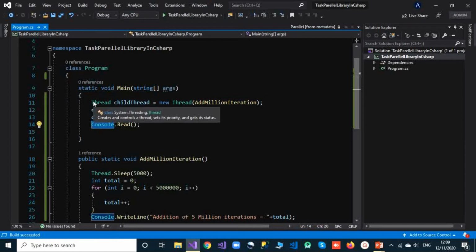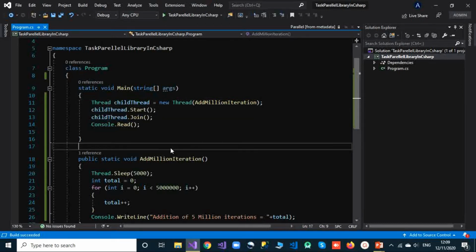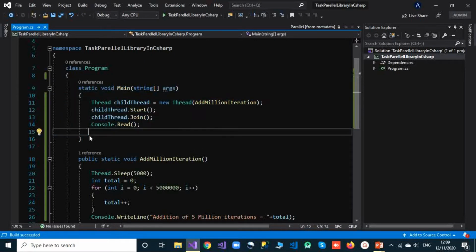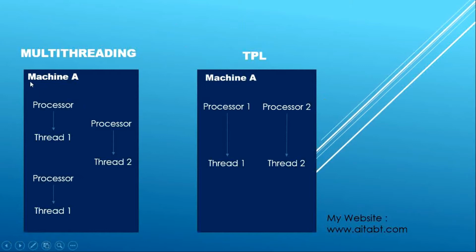That is, this is a thread that we have created, a child thread, but also we know there is already a main thread running outside this, and both these threads are managed by only a single processor, and there is context switching between them, as you can see in this diagram. So let's assume this is machine A and this is also machine A. But in threading, this processor is switching the context between these two threads, and this is a time-consuming process. So that is why instead of making our application more efficient, it is degrading the performance in this context switching.